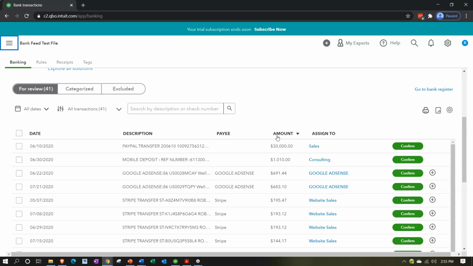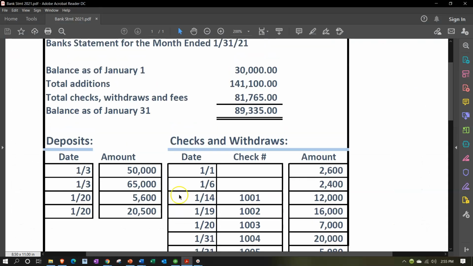So in the prior presentation, we talked about the main items of deposits we hope to be sales type of items, but we also might have deposits that are going into our system that would be from, say, the owner, or say from the bank, or say from a loan, like taking out a loan from the bank. So to consider those, let's first jump on over to our bank statement and imagine we